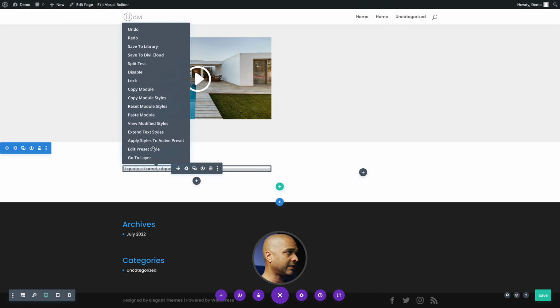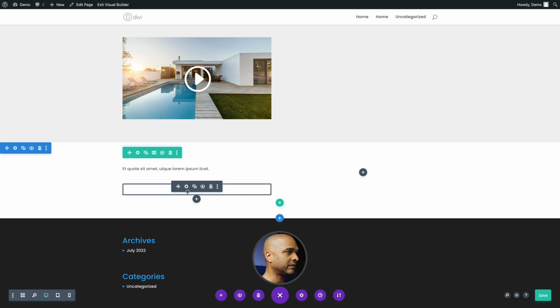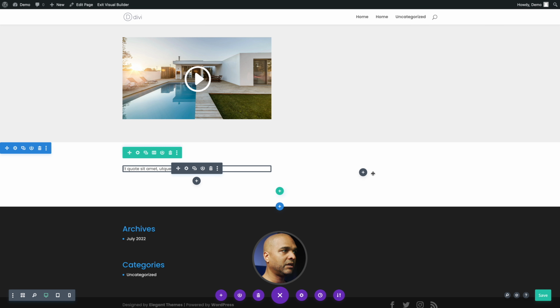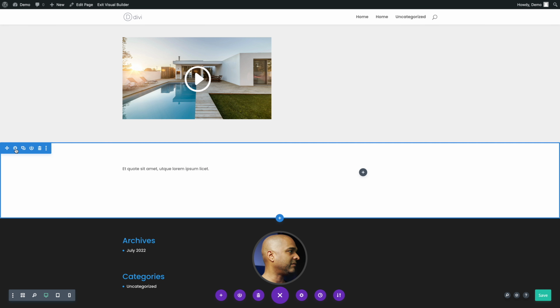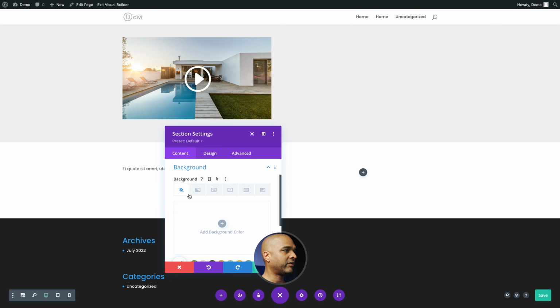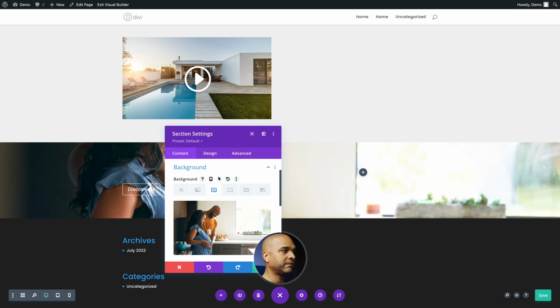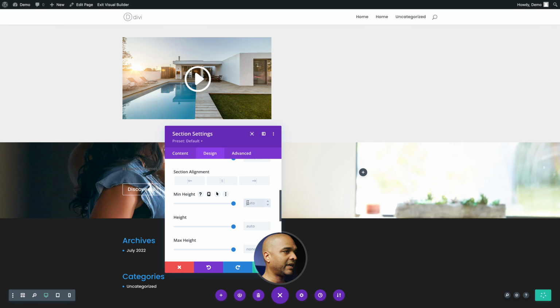Maybe I was not in the right place. Okay, it was my bad. So here is the button, but it's white on white, so probably not going to see anything. Okay, so let me change the background. I'm going to pick an image, and this is our main image. Okay, and if I recall, I can go to sizing, and I'm going to give it a minimum height of